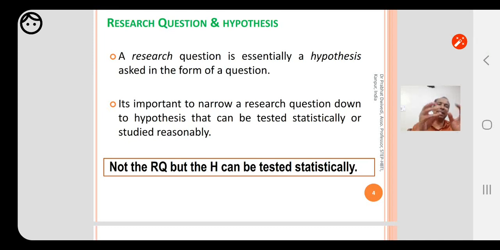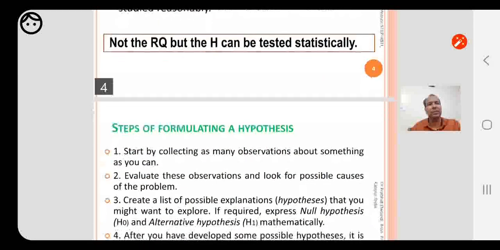All the tools and techniques are for testing hypothesis, null hypothesis, alternative hypothesis. That's why it is important to narrow down a research question to a hypothesis which can be tested statistically or which can be studied reasonably. That is the compulsion to narrow down a research question into a research hypothesis.